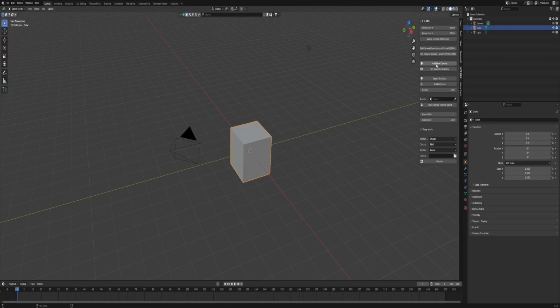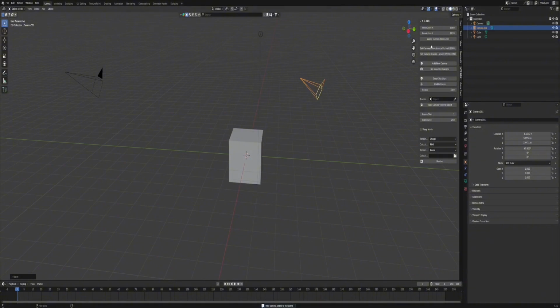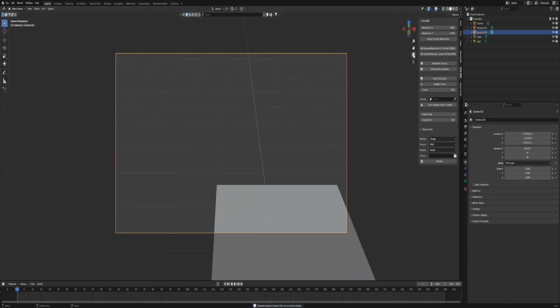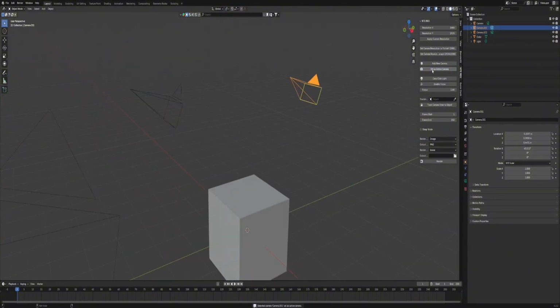As you can see, there's an Add New Camera button which does exactly what it sounds like by adding a new camera when you click the button. You can add as many cameras as you would like to your scene. And you can also click a camera and click Set as Active Camera. This is going to make sure that whatever camera you have selected is currently set to the active camera in